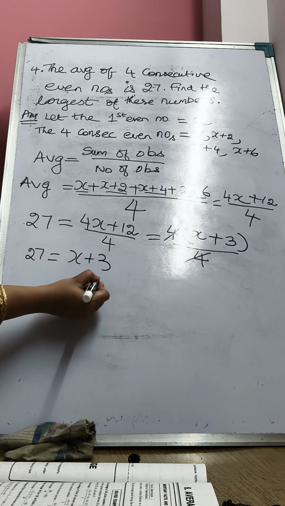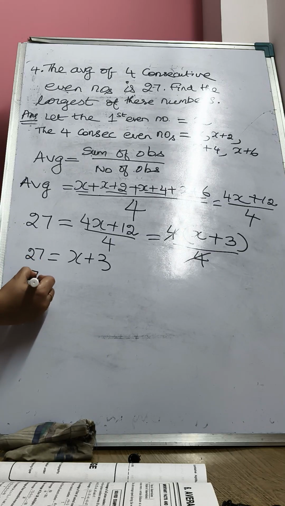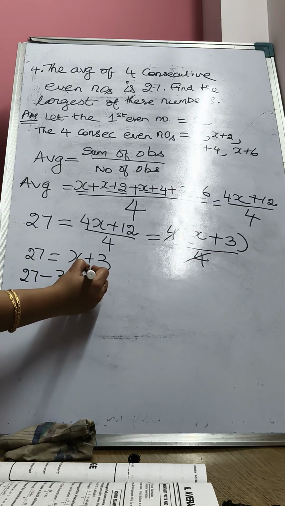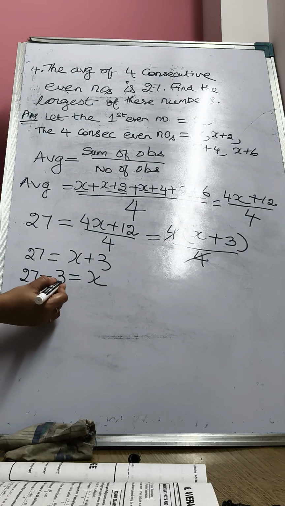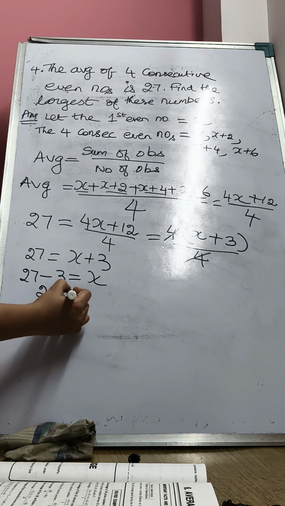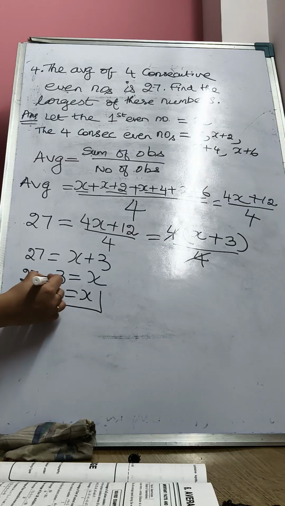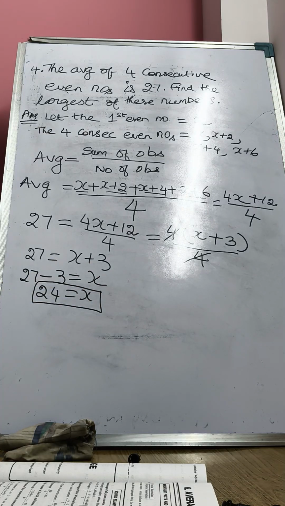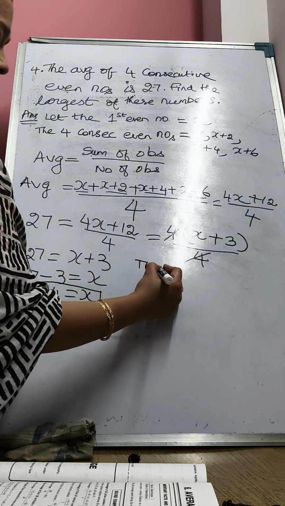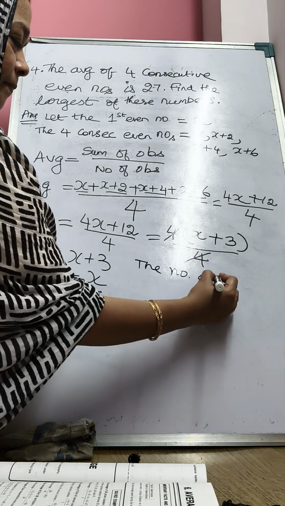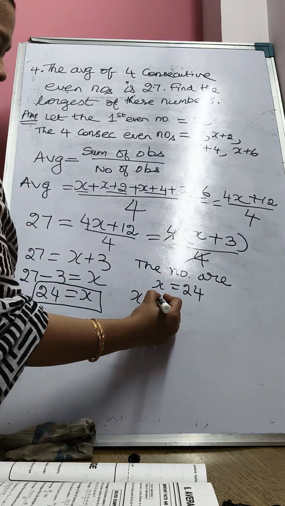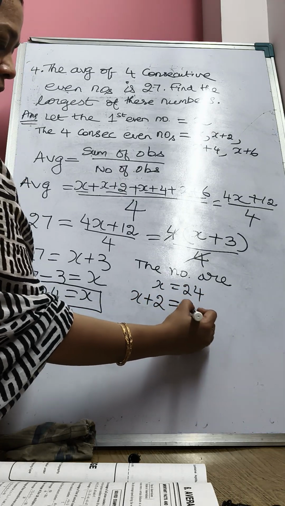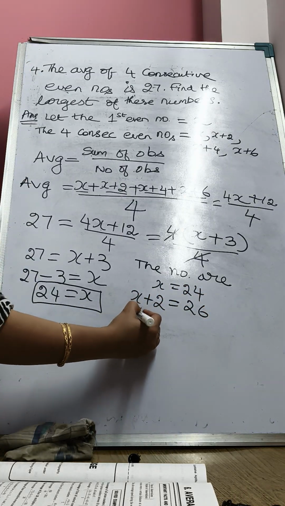Now plus 3 I have here, bring it to the other side. 27 minus 3 is equal to x. So 27 minus 3 is 24. x is equal to 24. So what are the numbers now? The numbers are: x is equal to 24. The next number is x plus 2, so 24 plus 2, 26. The next number to x plus 2